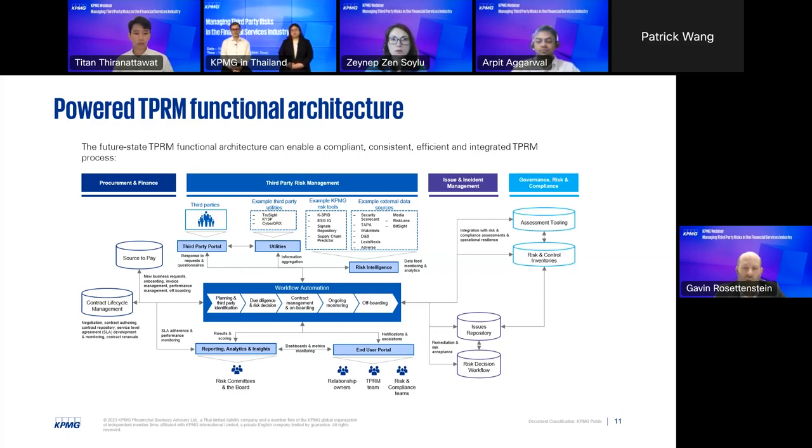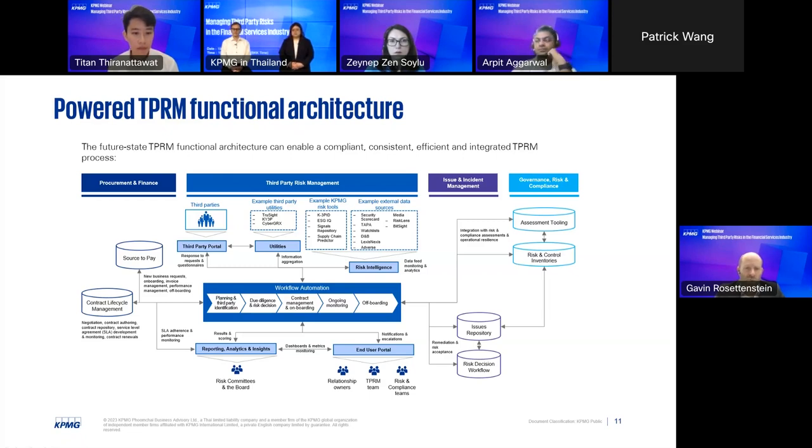What's really important to consider here is that there are fantastic workflow tools out there to be able to do that, and you want to do that in a consistent manner so you're engaging with suppliers. But what's really important is how you integrate with other technology, systems or sources of data that exist within your organization. On the far left, you've got potentially a contract lifecycle management tool or source to pay, and understanding, again, who your suppliers are. How do you identify who they are, and how do you make sure that they go through the appropriate workflow? And there's reporting at the bottom, and the fact that the right risk committees and boards and others have got access to the right levels of information.